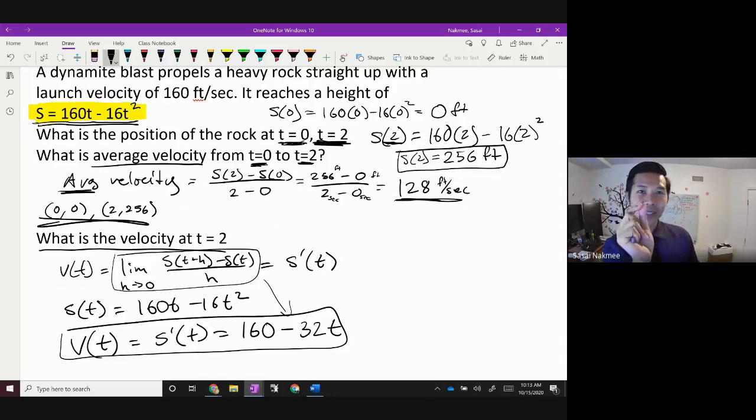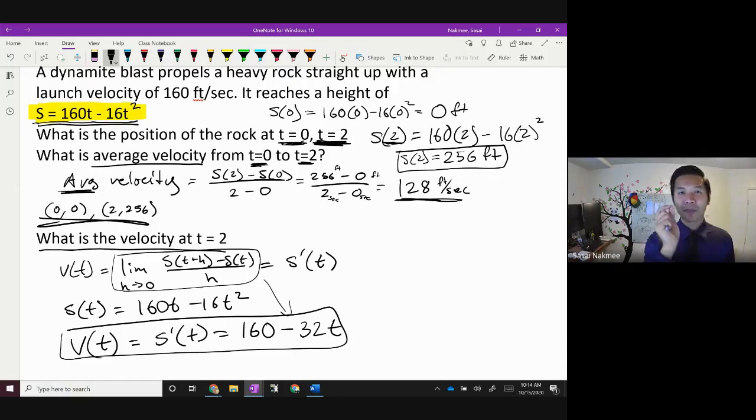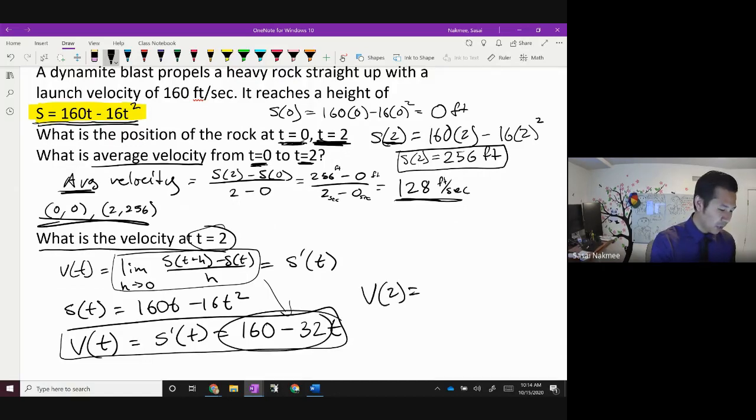The slope of a line that's touching at one point exactly, and that's the tangent line. And that's all this velocity is. It's just the slope of the tangent line at any specific point t, right? So when this question is asking what's the velocity at t equals 2, I simply plug into this function right here. So I would go v of 2 is equal to 160,